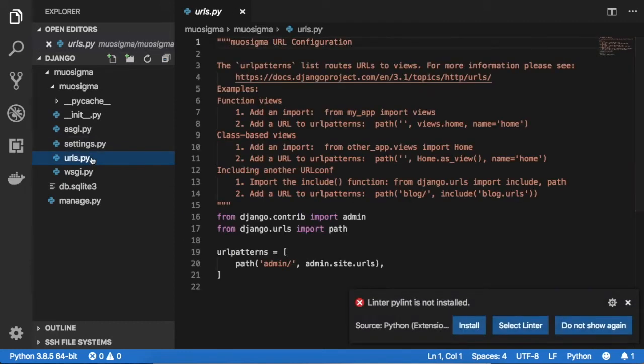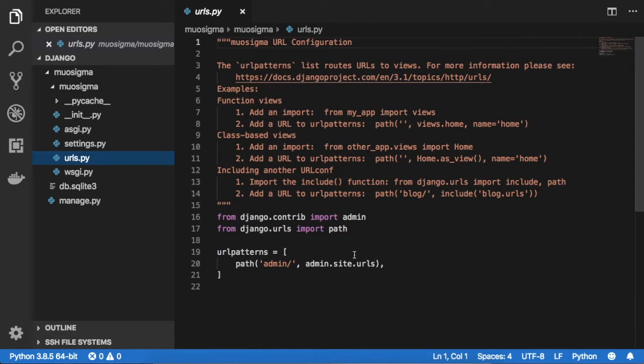The very important second file is the urls.py file. Here we have the urlpatterns and the path function. In the path function you can see firstly admin, this is the path and this is where you need to go.